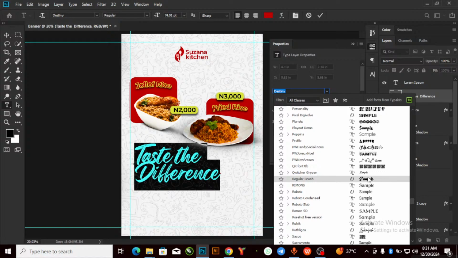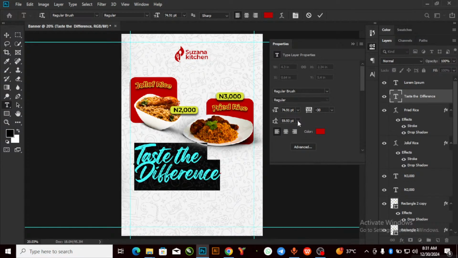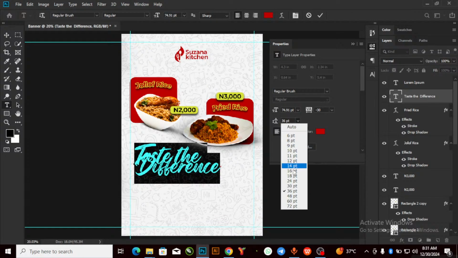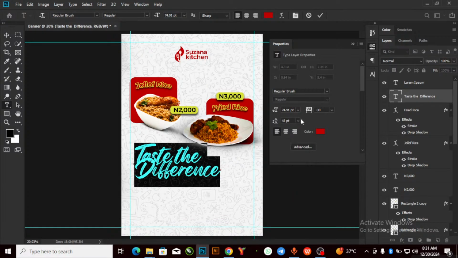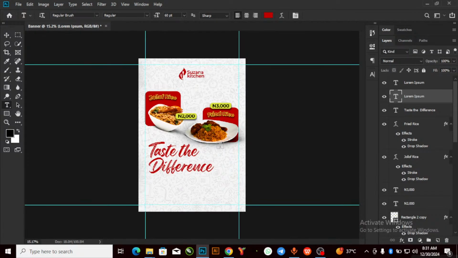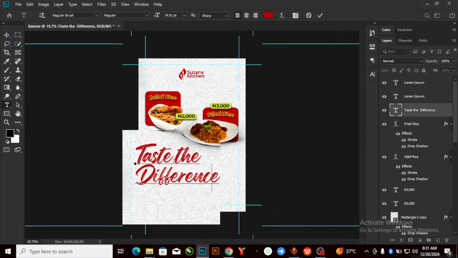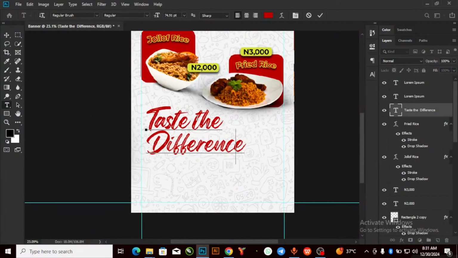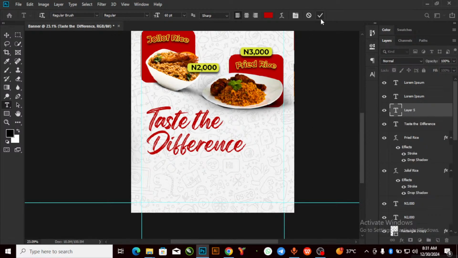Okay. I think this brush does the whole thing for me. So I think I'm just going to make use of it. I prefer making use of that. Let me see 72. Yes. So I think this is better for me. So I'm just going to check this. Just going to leave it at this. Yeah, taste the difference. So the next thing I'm going to be doing is introducing